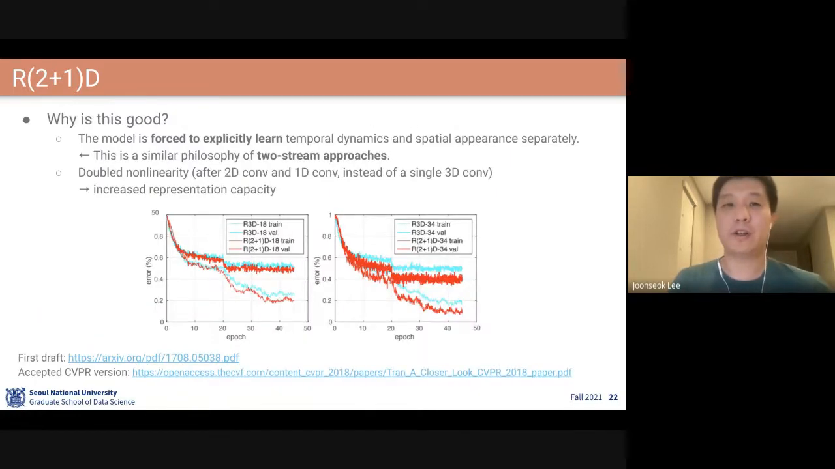So here are their experimental results. When they trained R3D, which is the blue color, and R2+1D, the red color, both the training and validation errors actually get lower at the same number of epochs. So why is this good? The model is forced to explicitly learn temporal dynamics and spatial appearance separately, which actually makes sense, because